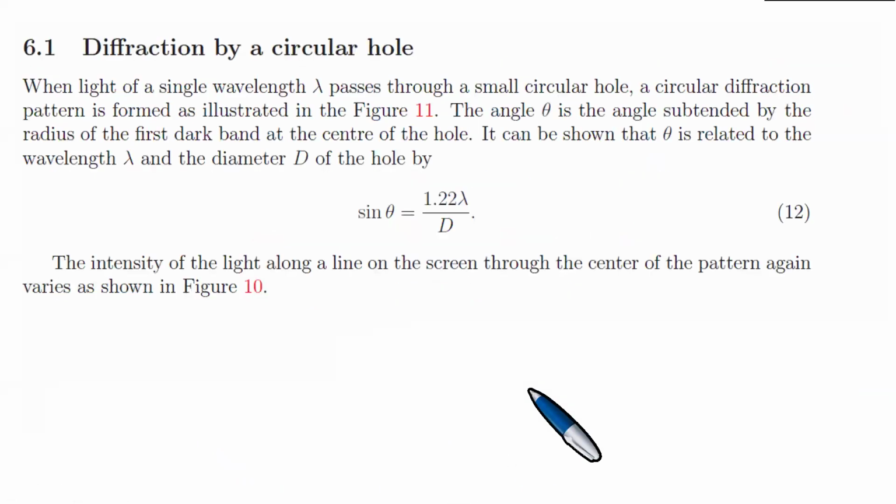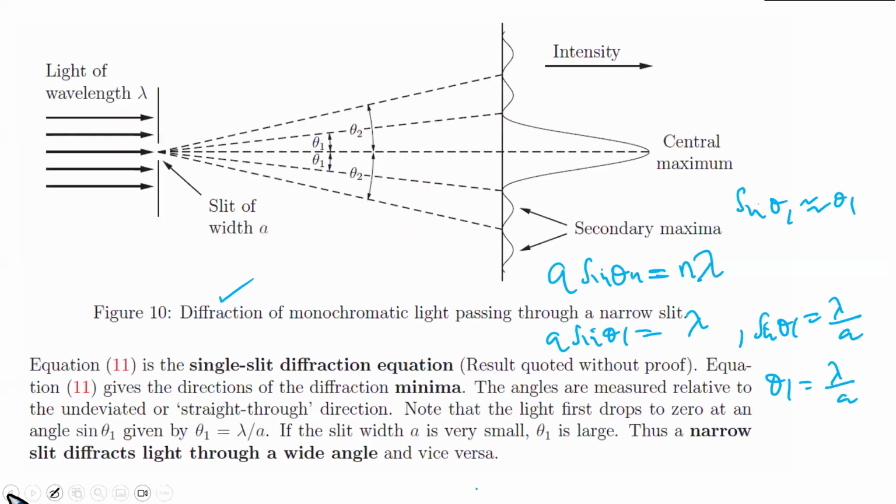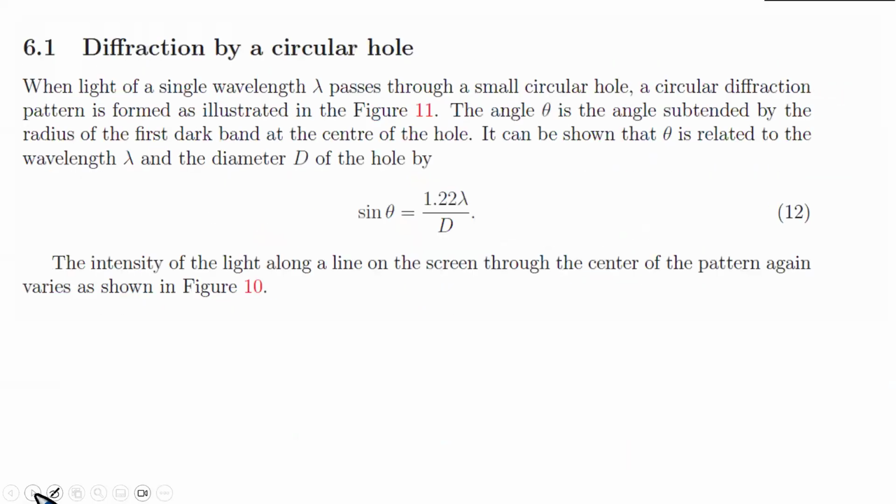I want us to discuss quickly the notion of diffraction by a circular hole. When light of wavelength lambda passes through a small circular hole, a circular diffraction pattern is formed, as illustrated in figure 11. The angle theta is the angle subtended by the radius of the dark band at the center of the hole. It can be shown that theta is related to the wavelength lambda and the diameter d of the hole by